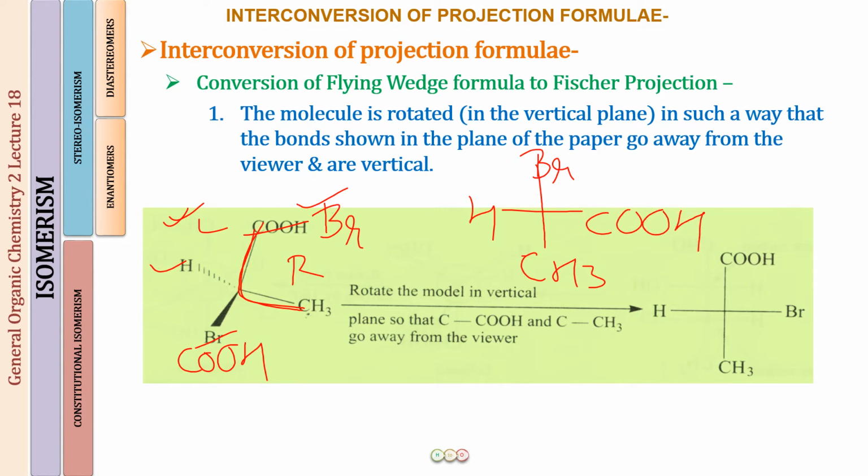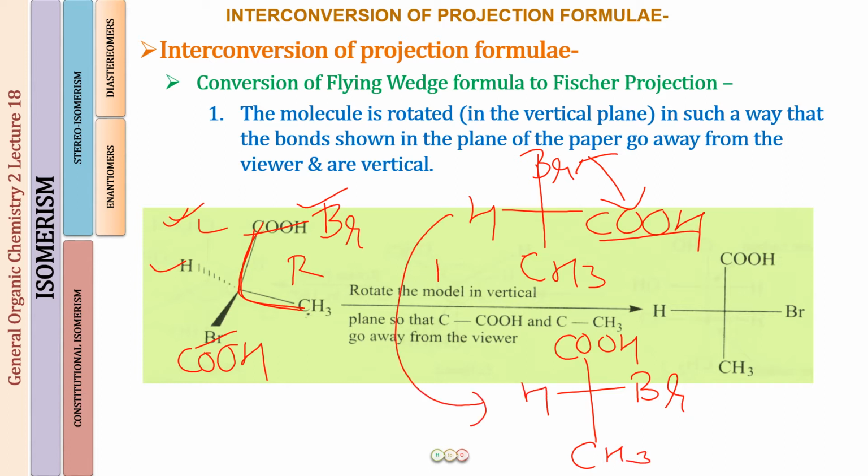Now again, what do we want? What we want is that the COH group should go on the top. For making it go on the top, what will I have to do? I will have to change the position of COH and Br. So let us first of all do that. So COH, Br, I change the position, and CH3 and H remain over here. So this is my conversion that I have done, and I'm writing this as 1. Why I'm writing this as 1 is because I have interchanged the position of two groups. So this is my interchange number 1. And when we do 1 interchange, the molecule gets converted into its enantiomer.